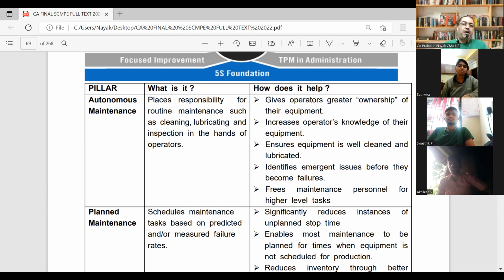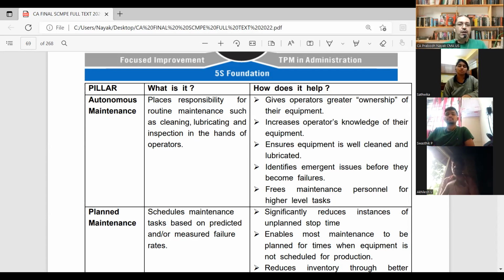Immediately on changing the spark plug, the bike started. So it was not because the machine was kept unused for a long period of time. My spark plug had conked off. I knew for sure. So you get an instinct that this particular thing has gone wrong. So you go and tell the machine operator, who will tell the production manager, this particular part has to be replaced. That's it. So you get an insight into your machine.